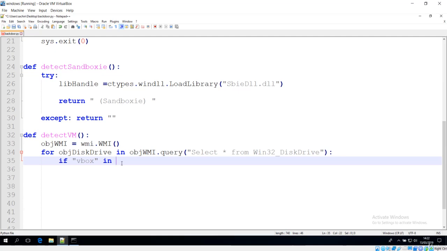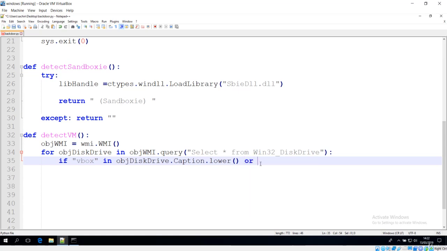In order to do that, we'll first see this object disk drive, and inside that we have this caption option, and we have to convert this to lower, because we have seen here that virtualbox is all in lower case, so we don't want any confusion with this string name.